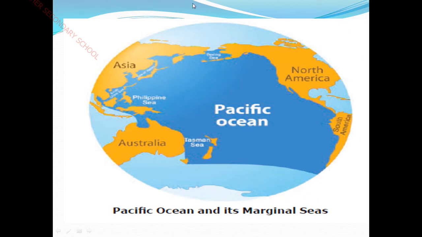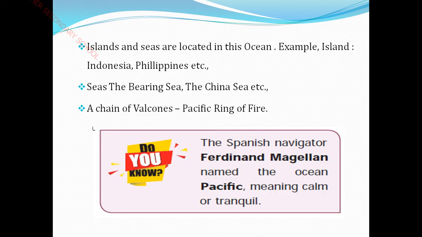This is the picture which depicts the area of the Pacific Ocean, covered in between the continents. Okay, children, this is a note too. Next, islands and seas are located in this ocean. Island means what?